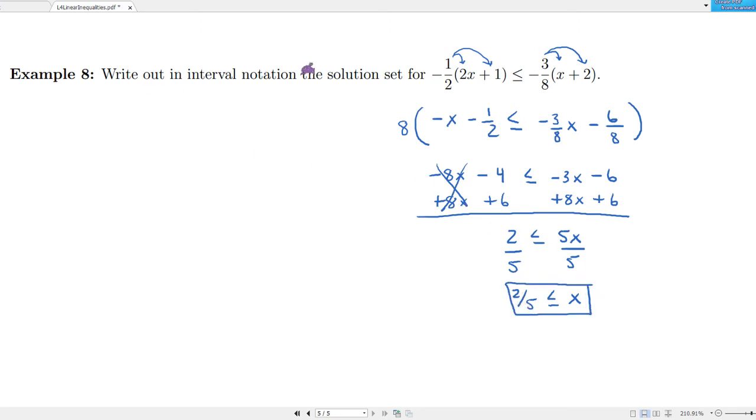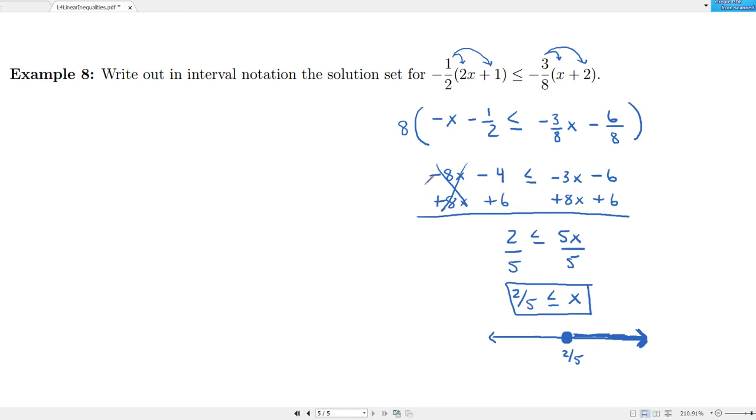And could we write this out in interval notation? Well, let's graph it as well. So graphing it is sometimes a little bit easier. So greater than or equal to, that's going to be a solid circle because we're allowing it to be equal. So we'll label that as 2/5, and so x is going to be greater than or equal to this. So we have to pick values that are larger than 2/5. Okay, now